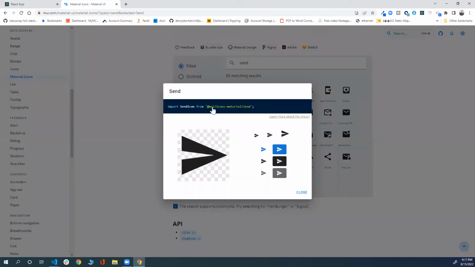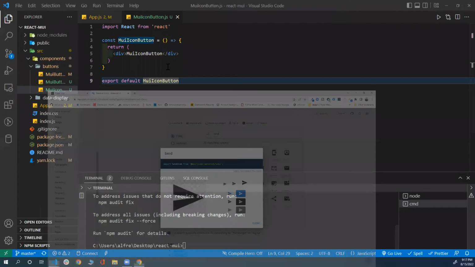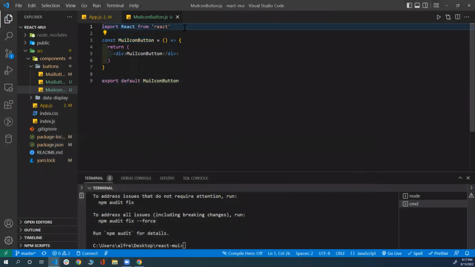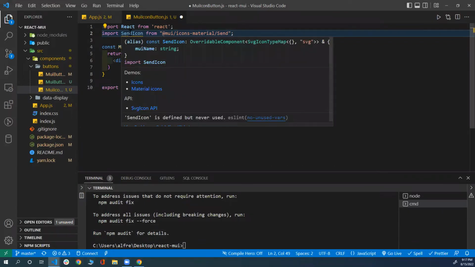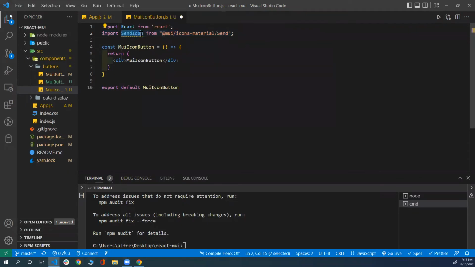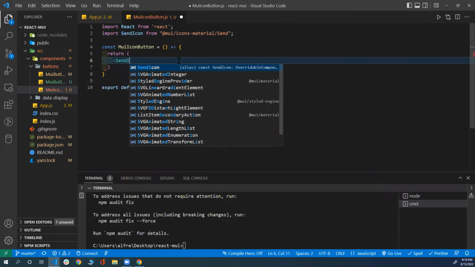If you click on it, you'll see that here is the import statement to import this icon. You can click on the import statement to copy it, head back to your Visual Studio Code, and in my component here, I'm going to paste the import statement. And this import statement will give you the icon as a component. So send icon here is a component that you can use in your JSX code. I can show that to you. So I can put here send icon,